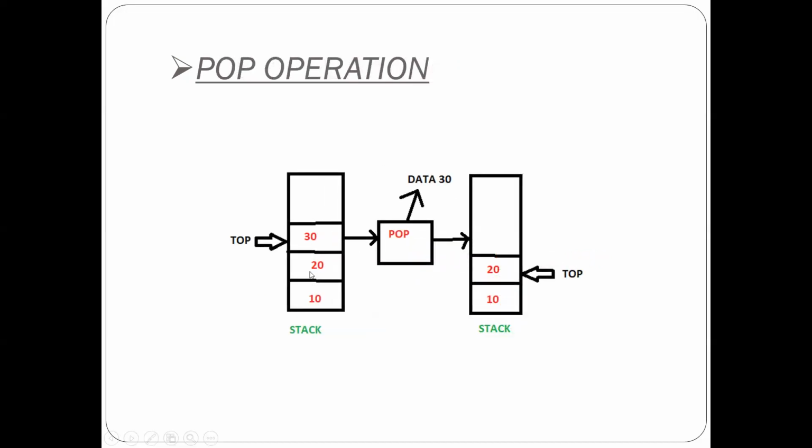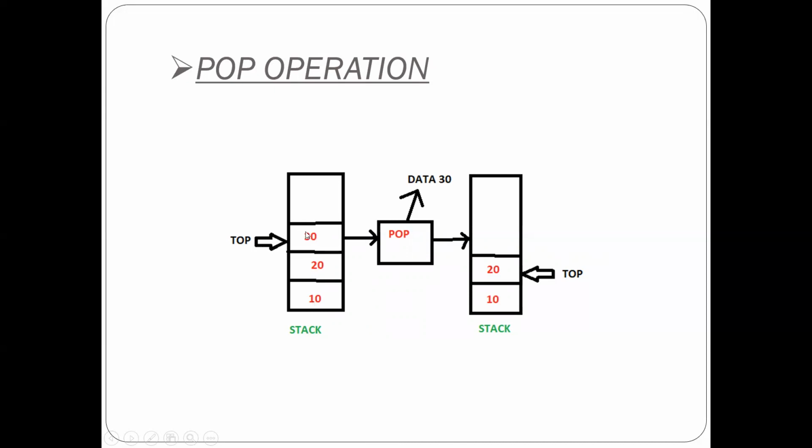Similarly, for the pop operation, if I want to remove any data from the stack, like in our day-to-day life when we have a stack of books or a stack of coins, if we want to remove any coin, then the top coin or the topmost book we remove first. Otherwise, the stack will collapse. The similar concept is here. If we want to apply the pop operation on the stack, we always have to delete the top end. That means whatever atom is present at the top end, we remove first.